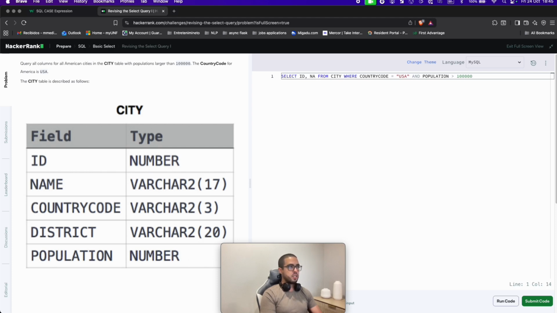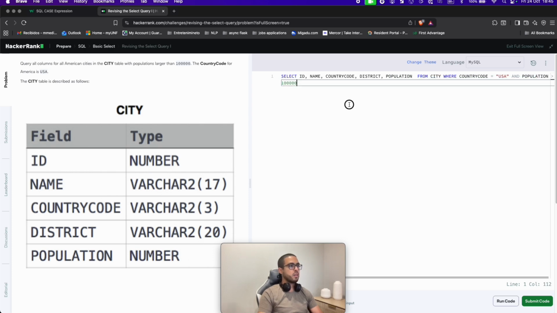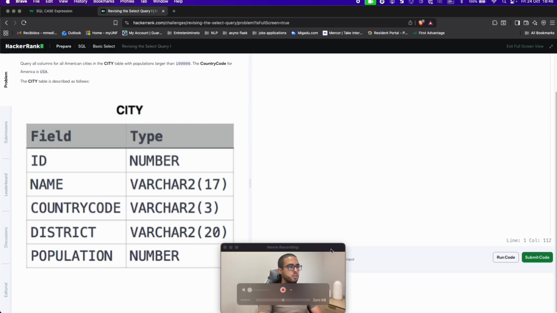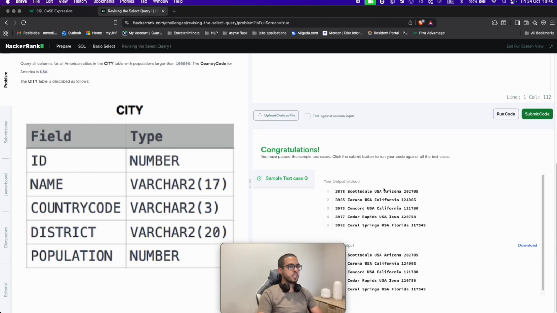This is more efficient and more readable in the future. District, population. Okay, now if we run the code again, we will see we have exactly the same result, and we can submit this,